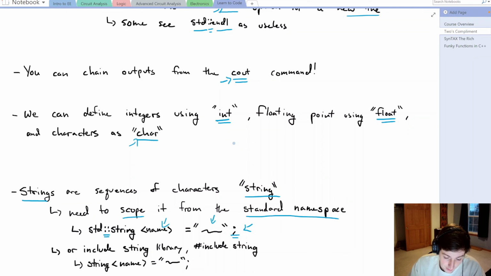Or in some cases, you may want to include the string library, so that's going to look like that in the header part of your code. And then notice here we can get rid of that scope command, and we can follow a similar format. So in this video, we're going to be playing the game of back and forth